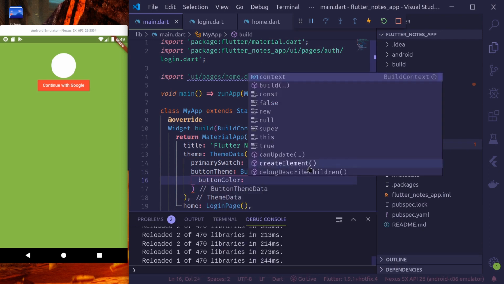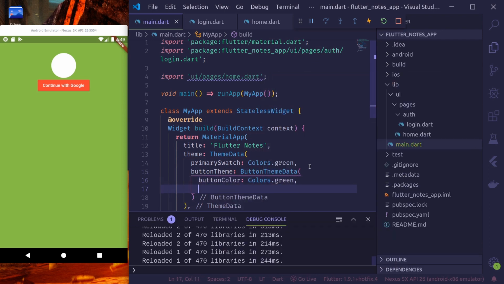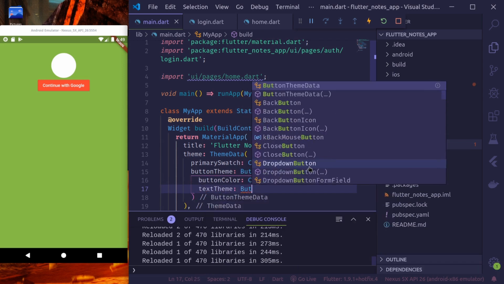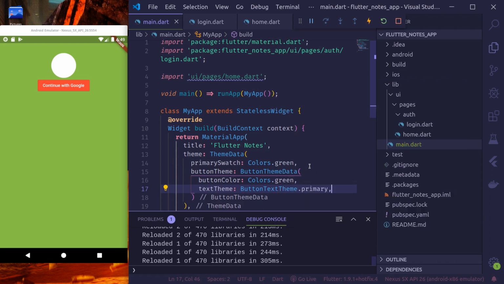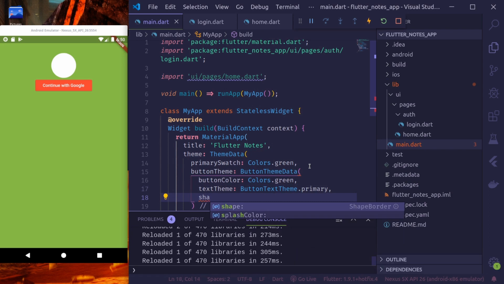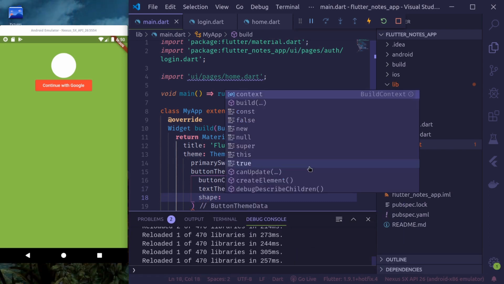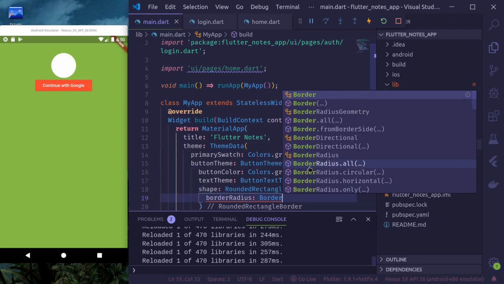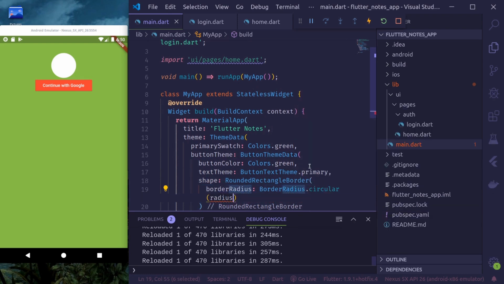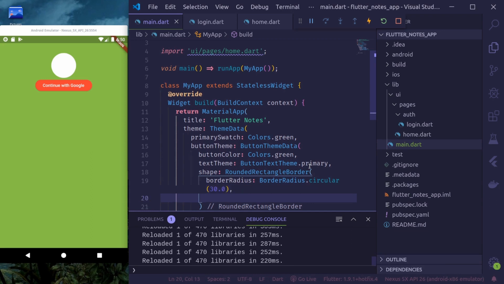So button color should be, so we'll use the primary color, text theme, let's say button text theme dot primary, and maybe shape. So we'll provide the shape of rounded rectangle border, border radius dot circular 30, so that our button is round, circular,